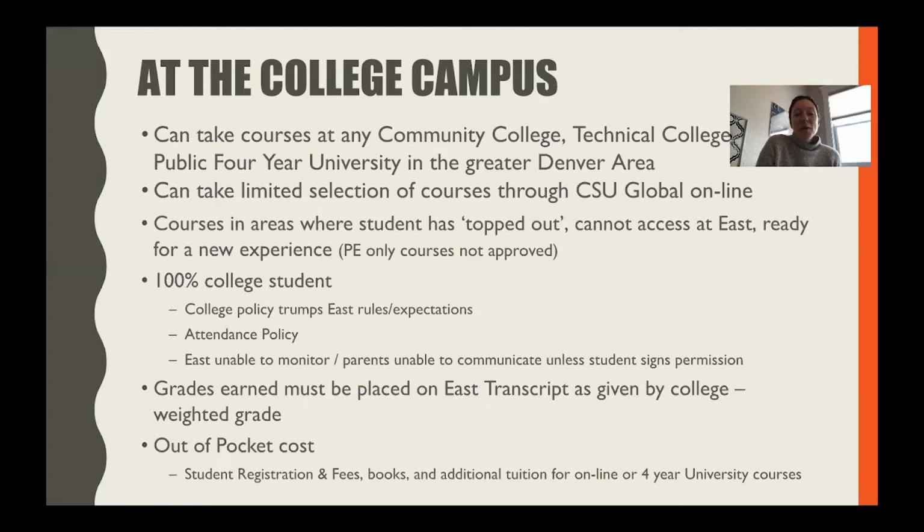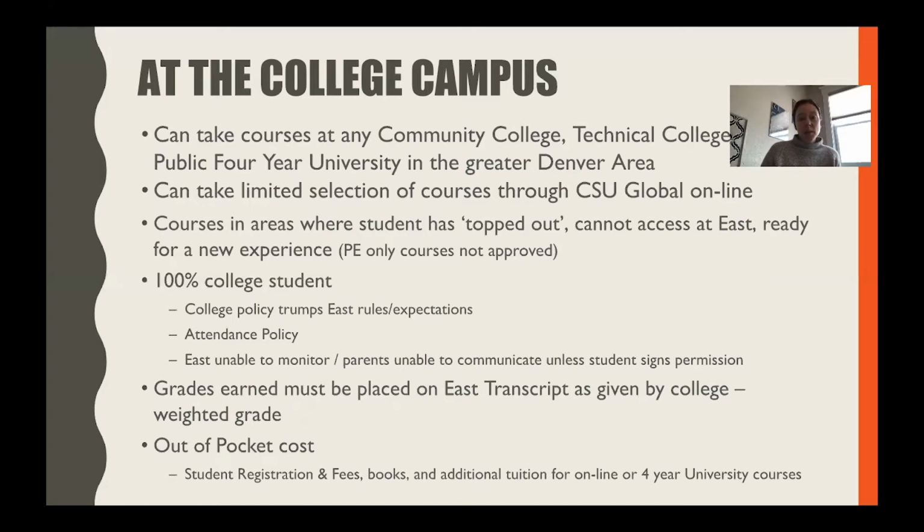Great things to think about is that courses in areas where students have topped out or cannot access at least. Sometimes world language is where we have a lot of students move to the college to take that course. Sometimes in the sciences, very often math is where we see that as well. So students could go to any of the schools, and things to know about is that as a concurrent enrollment